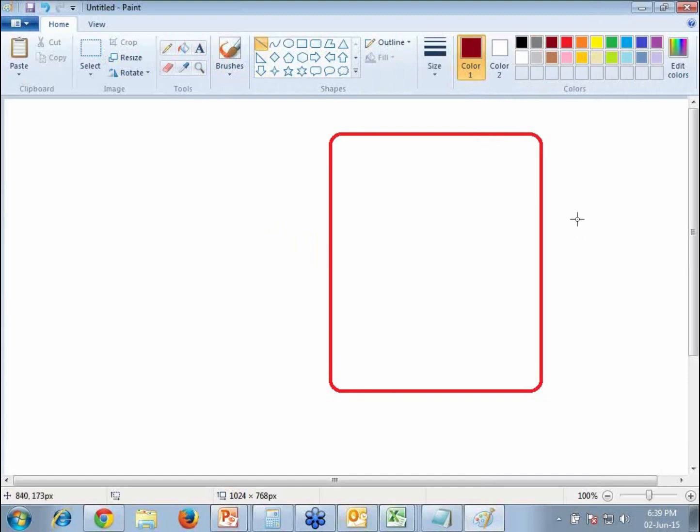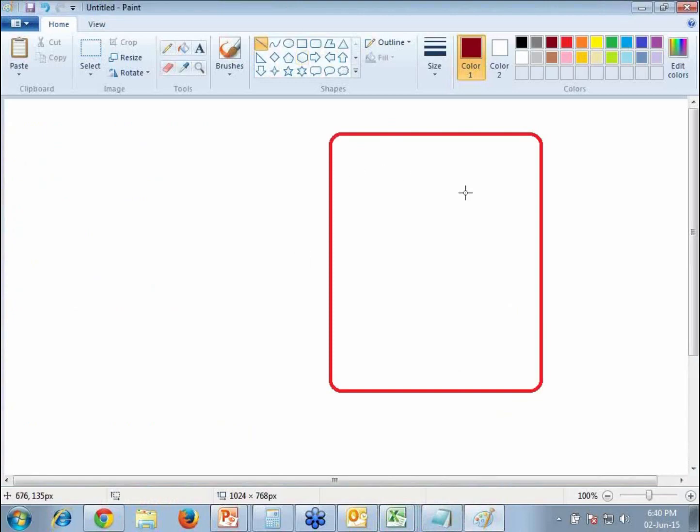This represents the width, and this represents the height. Apart from this, we can have some controls: text fields, text area, buttons, checkboxes, etc.